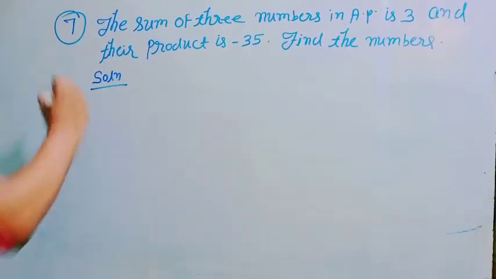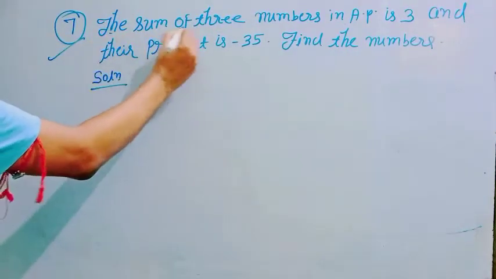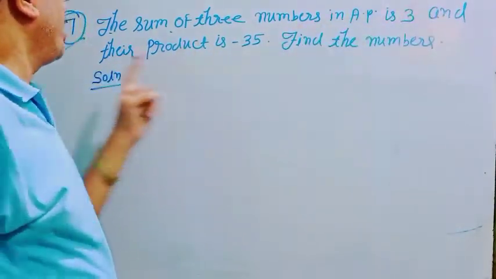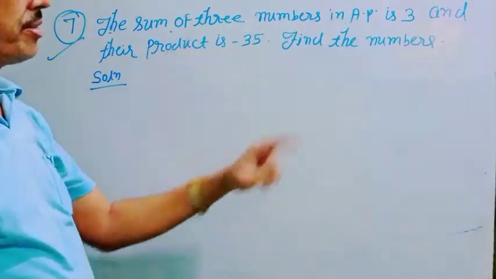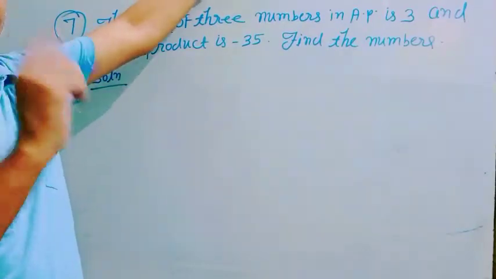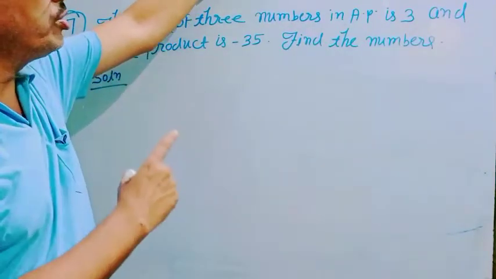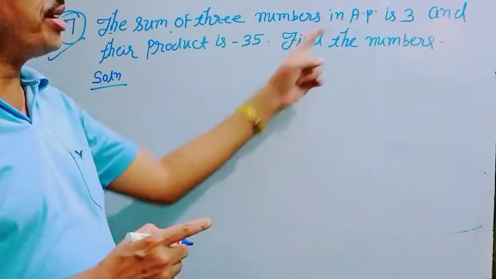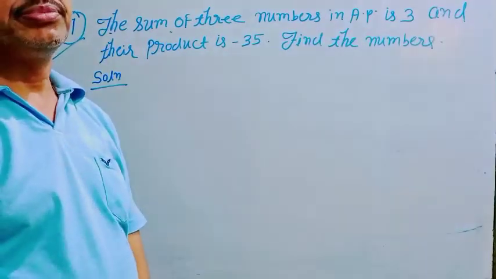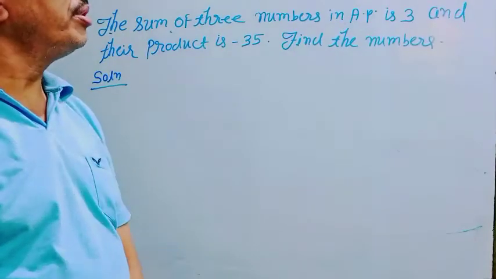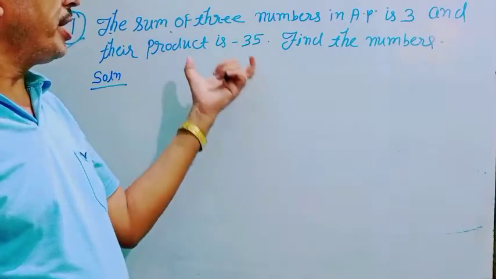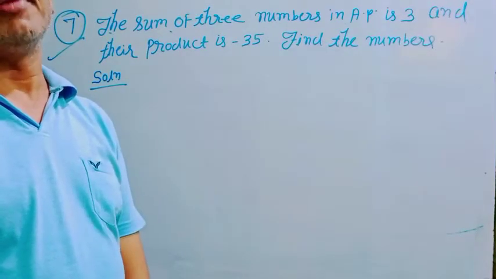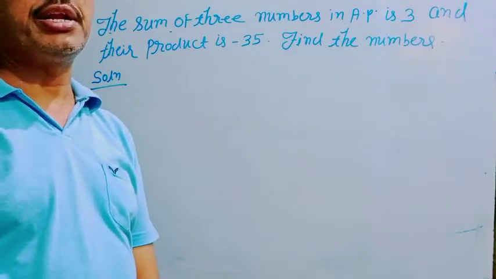Now see question number 7. The sum of three numbers in AP is 3 and their product is −35. Find the numbers. Dear students, in this question it is given that there are 3 numbers and all numbers are in the form of AP. In the previous video, I told you that when the question is related to AP and asks about 3 numbers that are in AP,